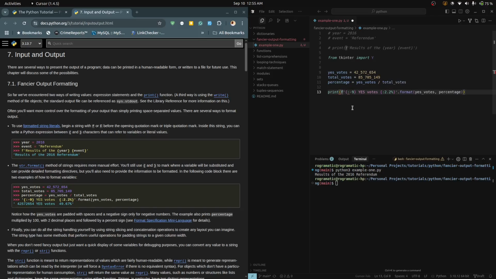Now we need to take away this f in front because we are using the format method, not the f-string method. So if we run this now,